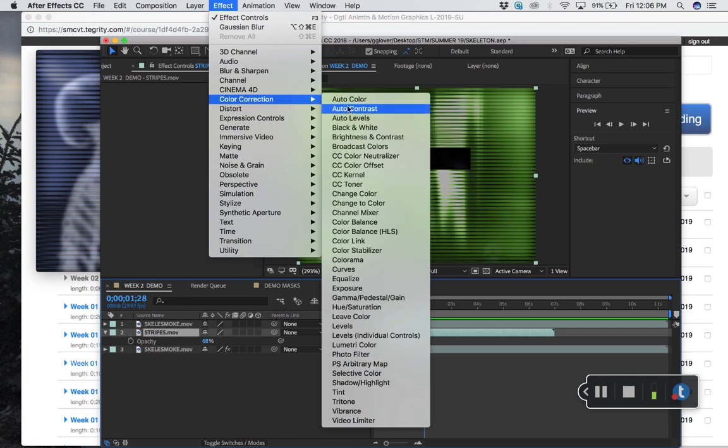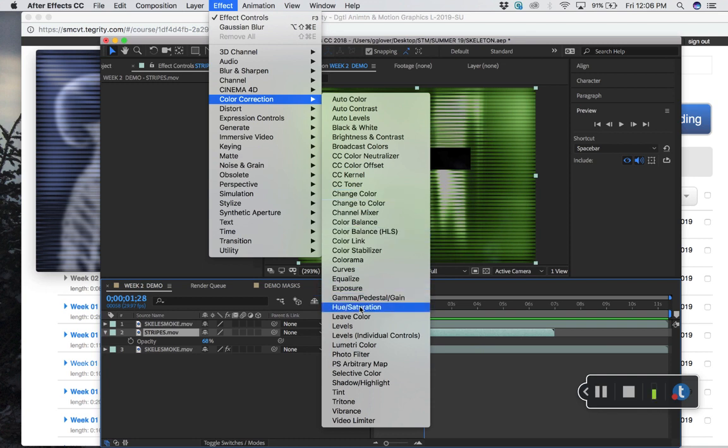There are, I want to count, what, 25 different color things? So these are all keyframeable and they do different things. I encourage you to play with them and explore them. Try them out, see what they do. But just to change color, you might think it's change color. Change color could do it. I know from experience that my quick and dirty color changer, I'm going to go to not change color, but